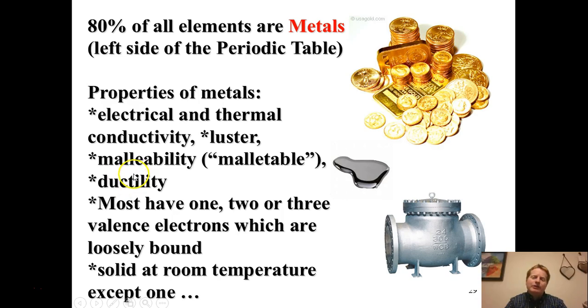Ductility is another new word. It tends to be these three words, luster, malleable, and ductile, that people have as new ones, so commit these to memory. Ductility, or something being ductile, means it can be formed into wires, which is something that we really only do with metals, right? Another thing is that most of the metals have 1, 2, or 3 valence electrons, which are